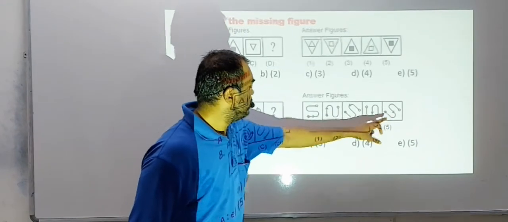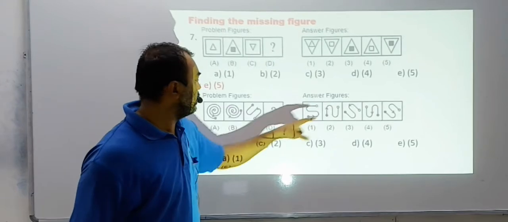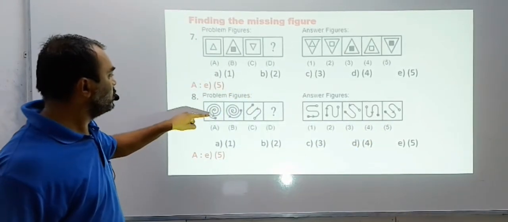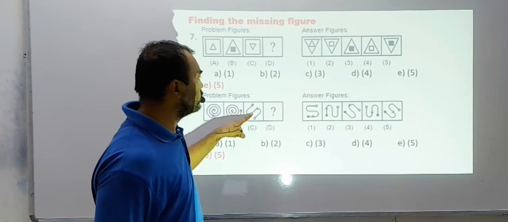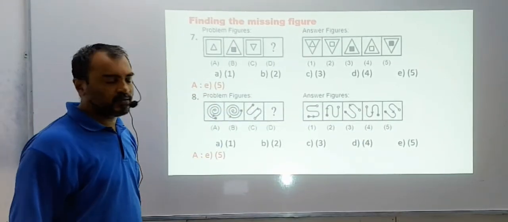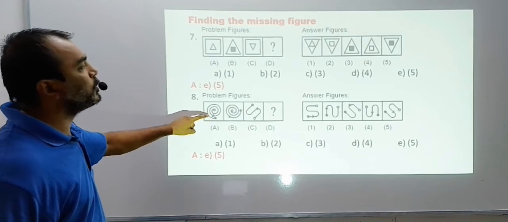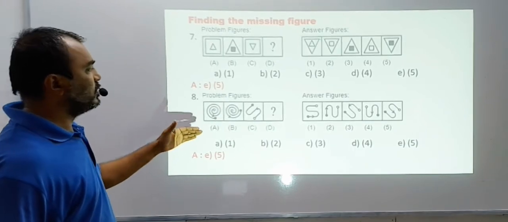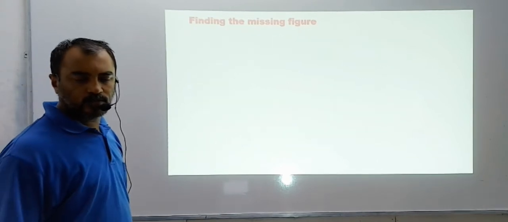So there are two answers here. Here the arrow is near the white, but here the arrow is moved towards the black. Can you see? So here the arrow is moved towards the black dot, and in this case also the arrow is moved towards the black dot. That is why E5 is the answer. So here you have to see the hollow circle, the black dot and even the arrow space. This is the figure pattern, and it is very, very important to see how the figures are changed.